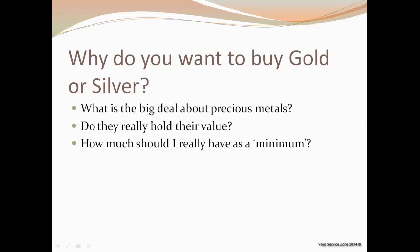That obviously will vary from person to person, and whether you put 5% in gold, 5% in silver, 80% in gold, 20% silver, or the other way around. That's really a decision you need to make, and it's also a decision you need to make in terms of your current financial status. So if you don't have a large amount of fluid assets and you can only start small,